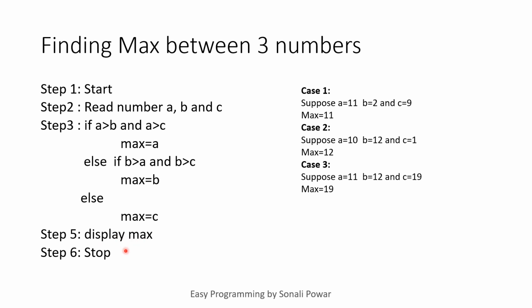I am just displaying this max value, it means 19, and I will stop. Now here, why am I not writing any condition here? See, यहाँ पे true हो जाता है कि A बड़ा नहीं, यहाँ पे true हो जाता है कि B भी बड़ा नहीं है, इसका मतलब कौन बड़ा है, C is the max, so I am not writing any condition over here.